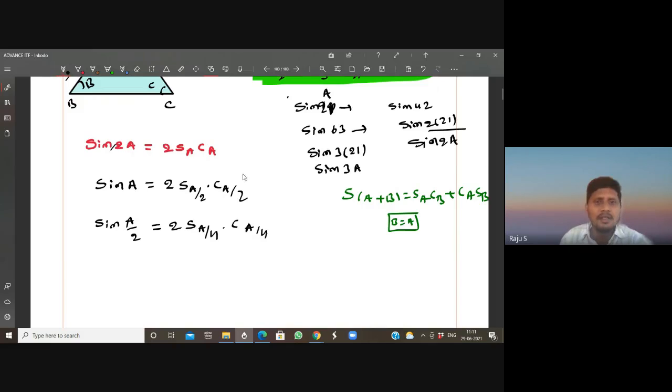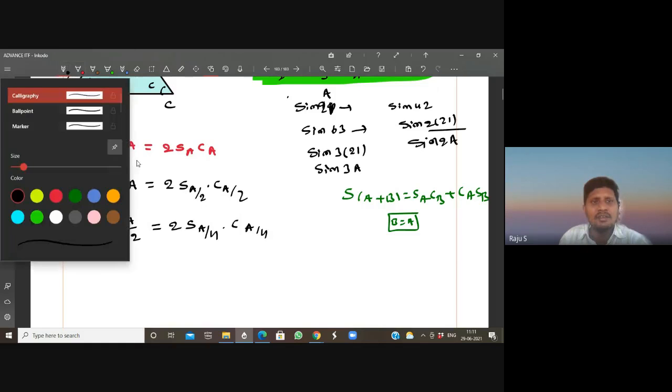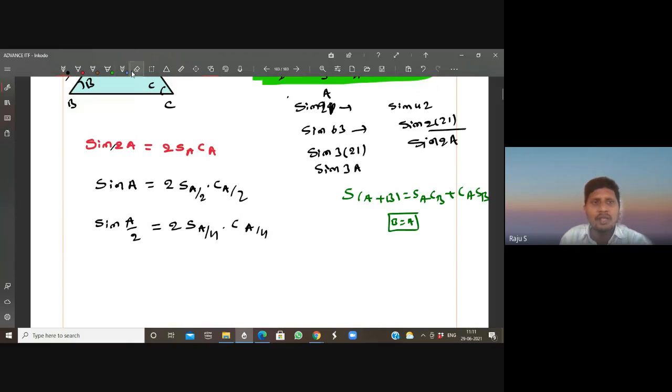So this sine a formula is like a by 2, a by 2, then sine to a multiple angle. Sine a by 2 is a sub multiple. I want to find sine a by 2. This is equal to 2 sine a by 4 cos a by 4. This is called sub multiple angles. In the same way, for the cos 2a formula,